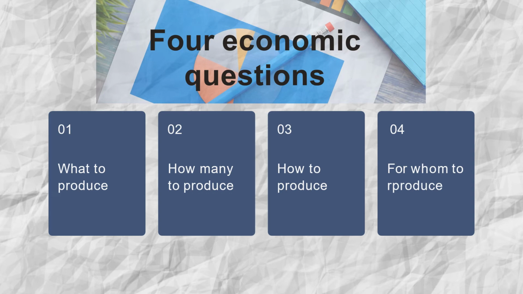What to produce means: what products are you going to provide for people, or for whom? It can also refer to which branch you are going to open, where you are going to open a new branch, or what product line you are going to offer next. That can also be the meaning of what to produce, and then how many to produce, how much